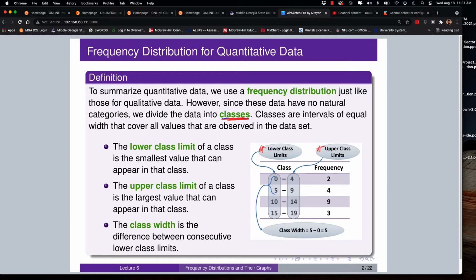The lower class limit is just the smallest value that will actually appear in that interval. Let me say that again: if the lower class limit number actually is in your data set, it will go in that interval. The upper class limit is the largest value that can appear in the data set. Usually it's a closed to closed interval, but when we draw them on graphs, we'll see that you don't include the upper class limit usually, unless you're doing it in Excel, because Excel